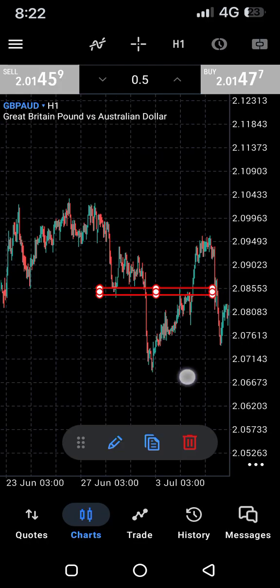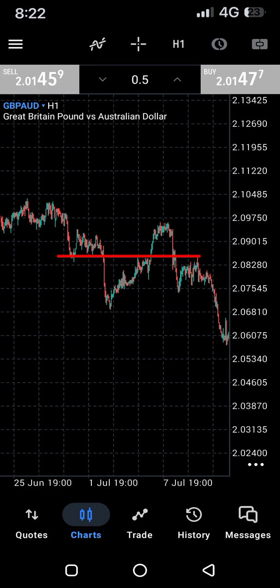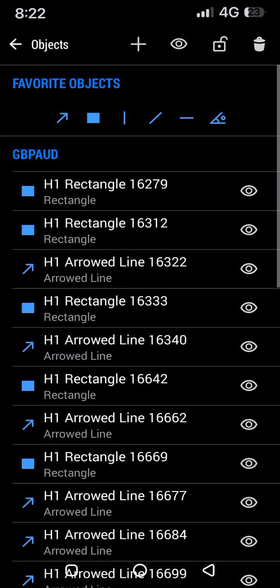We see that underneath this level, price is selling. What happened next is that price came just now. Here's the thing: